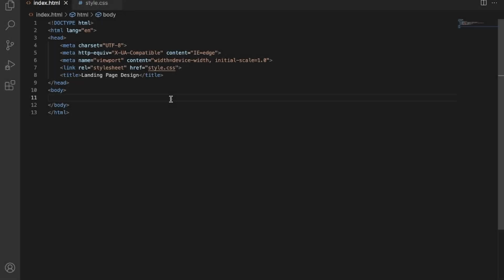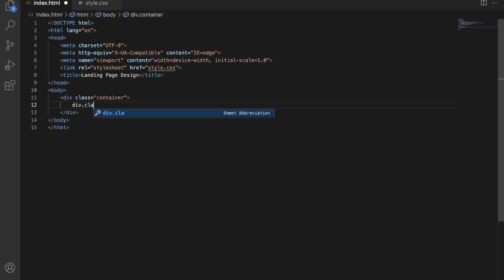So here is the HTML file, and I have already written some basic syntax of HTML, as you can see here. So now let's start. First of all, I will define a div class name container, and in this div I will again define a div class with name navbar, and here I will import the logo.